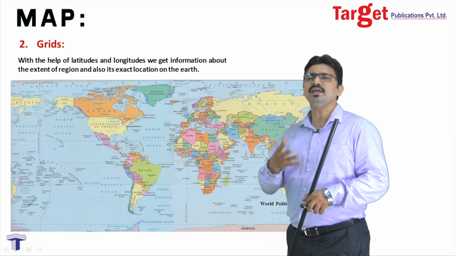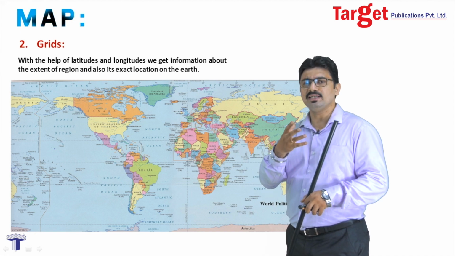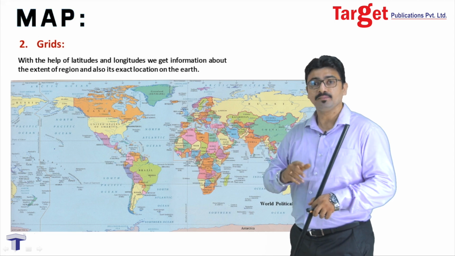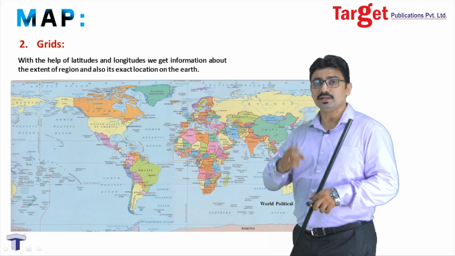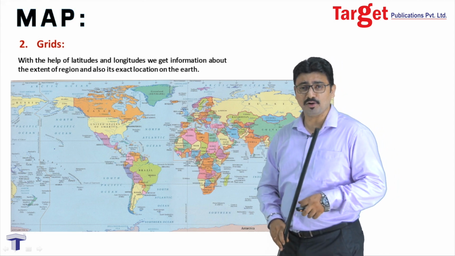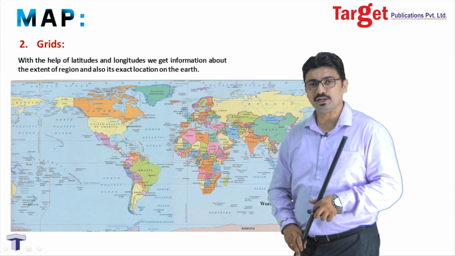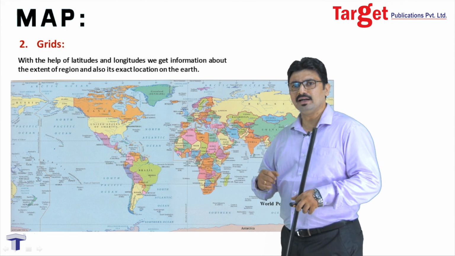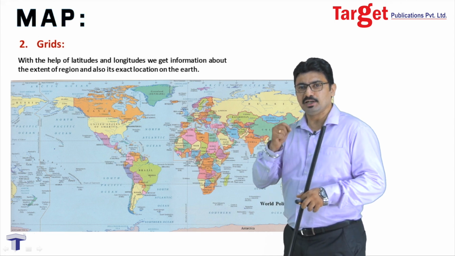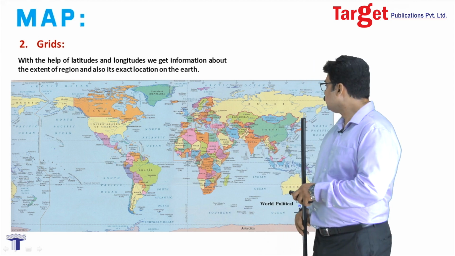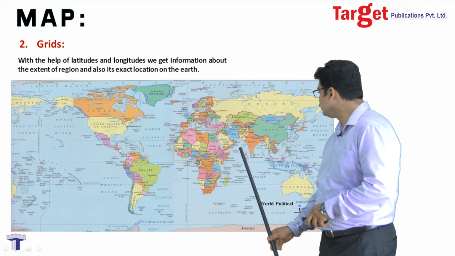So, see, it becomes very clear to us that this continent lies in the northern, southern, as well as eastern and western hemispheres. How easy it is to understand the location of a particular continent or country with the help of these grids of latitudes and longitudes. Why not let us understand also the latitudes and longitudes of our country, India? Let us see. Now, where do we find India in this world map?